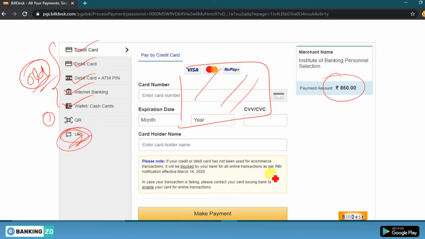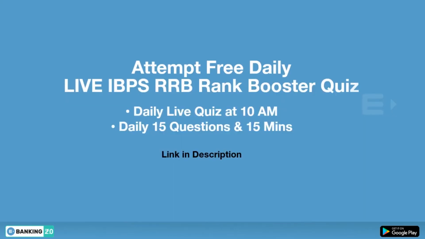After making this payment, a message will be delivered to you that your form has been submitted successfully for this IBPS PO. So this was the session regarding how to apply. If you have any doubt, please ask in the comment box. I'll try to answer those doubts.